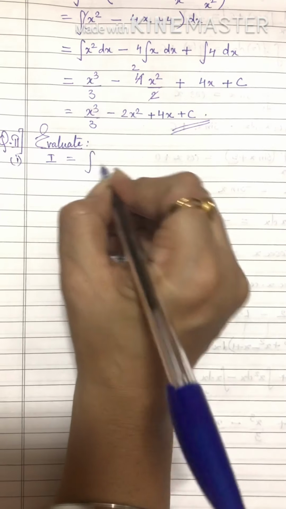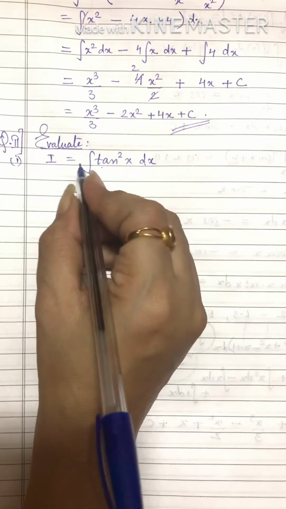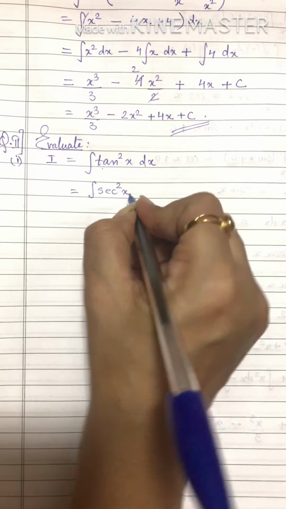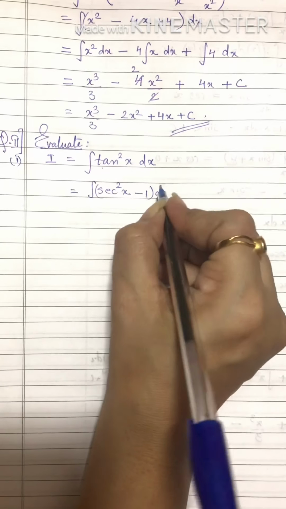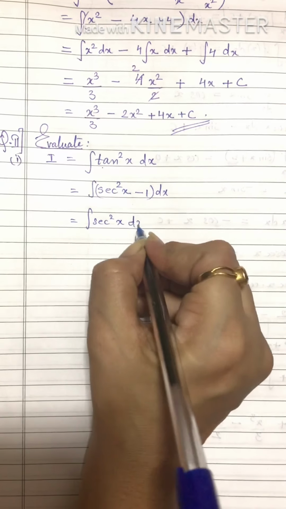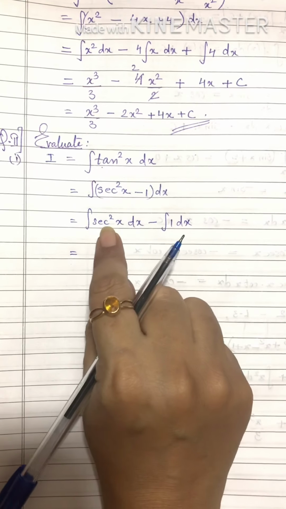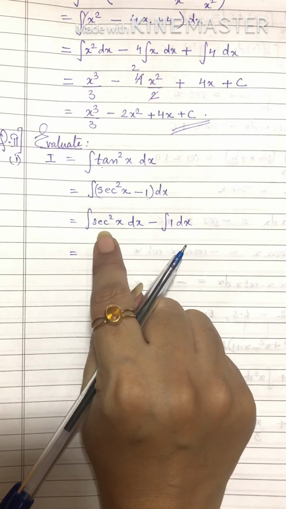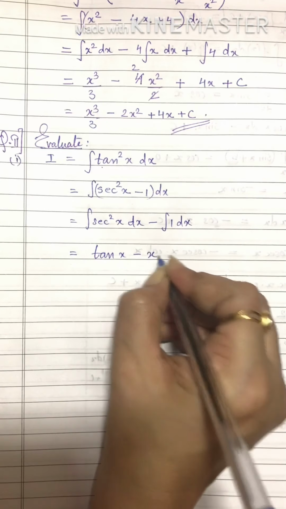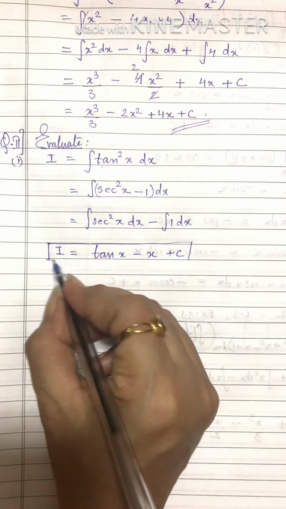It's given as I is equal to integration tan square x dx. Okay, so simple tan square x, I'll use the identity we have seen in our 10th standard, that can be given as sec square x minus 1, right? So we get integration sec square x dx minus integration 1 dx. Here sec square x is differentiation of what? Tan. So integration of sec square x dx will be tan x minus x plus c. So this is the answer. See, here our next sum is also done.